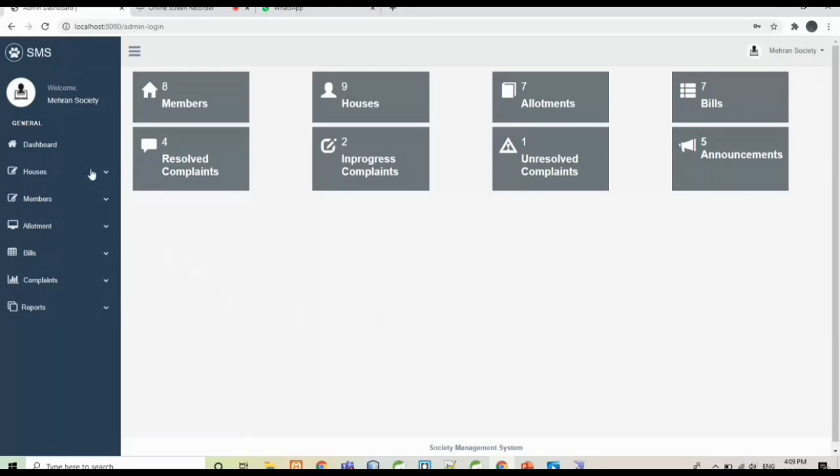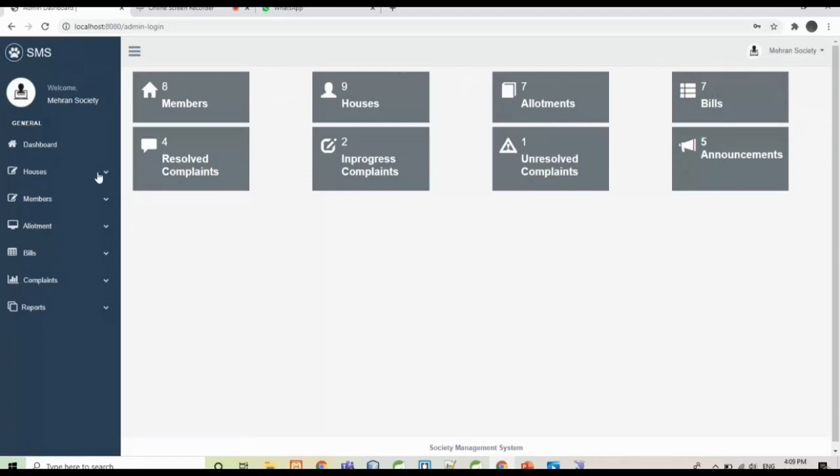These are the modules which are being managed by the admin, like houses, members, allotments, bills, complaints, and reports. Admin can also view his profile, change his password, and finally log out.